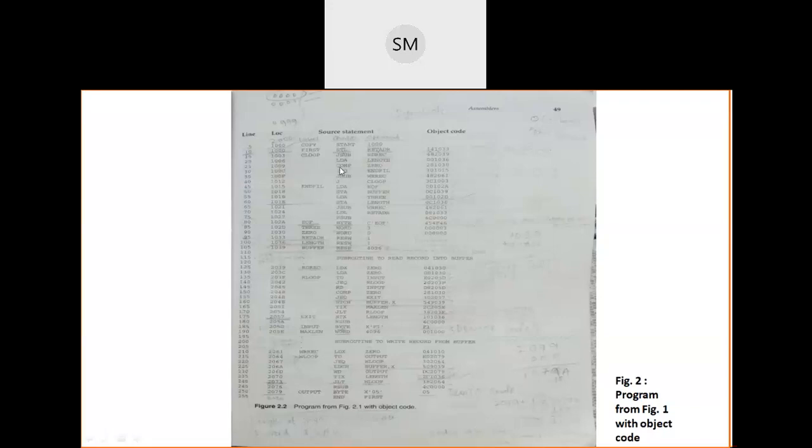Then at address 1009 you load or store the COMP instruction. Again COMP takes 3 bytes, so you add 3 to this 1009 and it becomes 100C, because I am writing these addresses in hexadecimal. Instead of 10, I have used A, B, C like this. Instead of 12, I have written 100C, which is hexadecimal code. These addresses will always be in hexadecimal, remember.